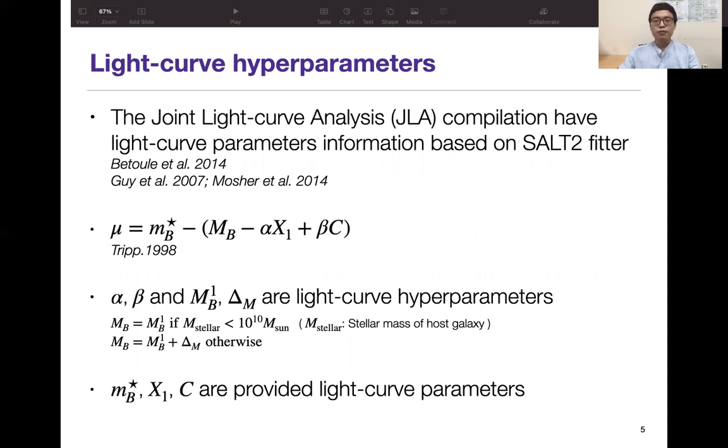Among the parameters of the formula, 2 proportional factors, alpha and beta, and the 2 absolute B-band peak magnitude parameters, M_B^1 and delta M, are light curve hyperparameters that need to be constrained, while the others are light curve parameters provided by JLA.